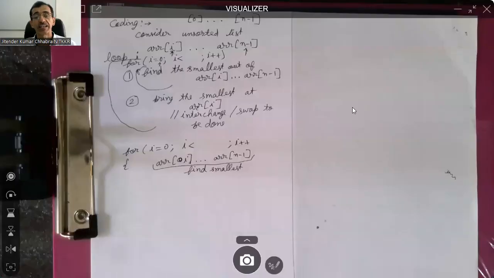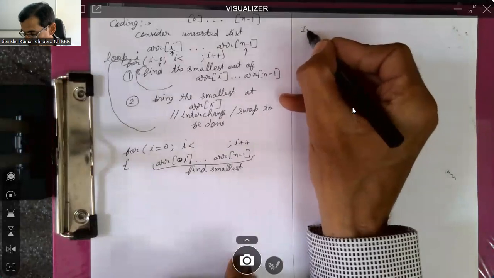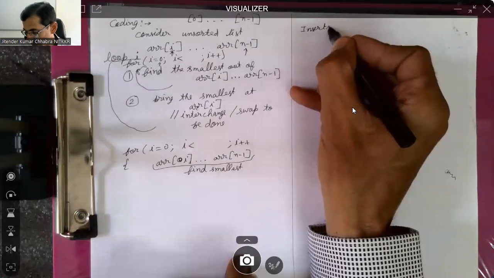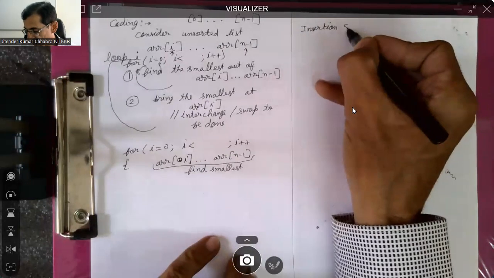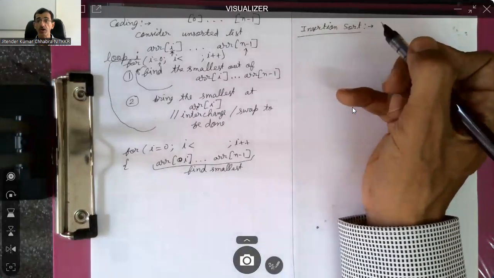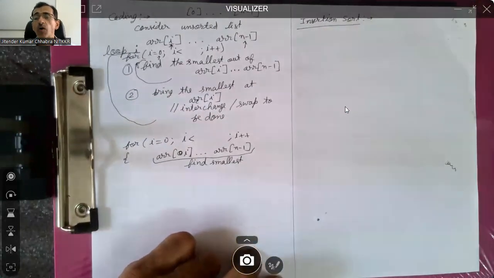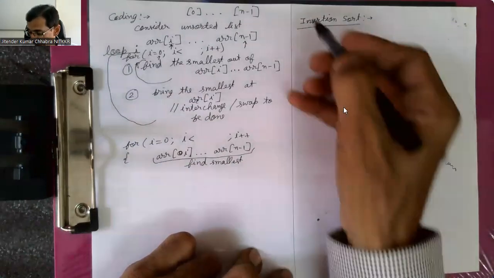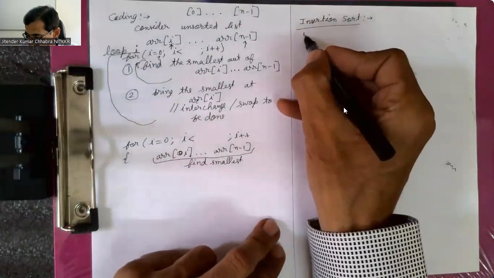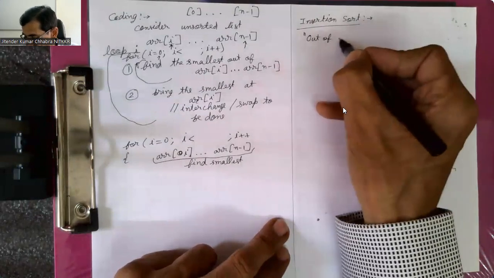Resuming further, let's go to the next logic. Then similarly, we go to the next algorithm, which we call insertion sort. Just now we discussed selection sort and understood its basic working based on a one or two line definition. Same is the case now also. We have a two-liner definition for insertion sort. So it says, out of the unsorted list,